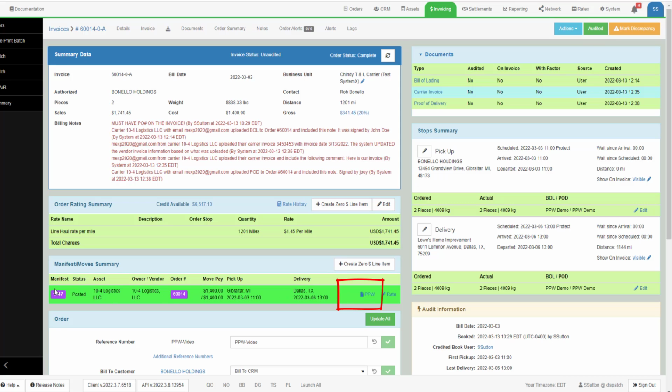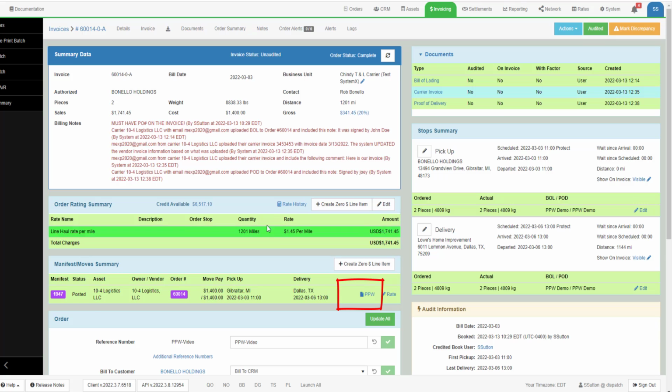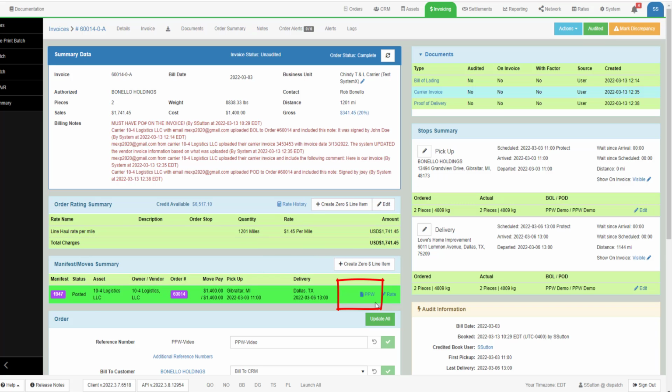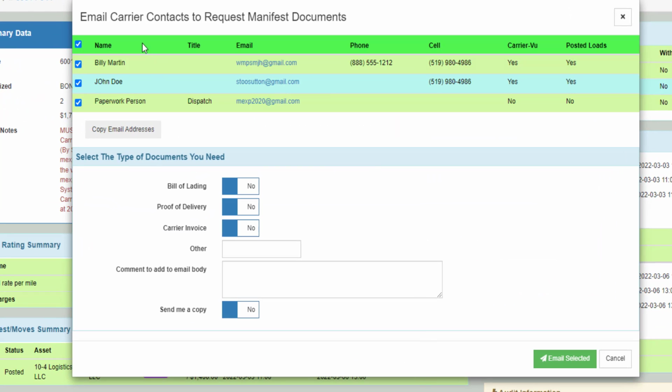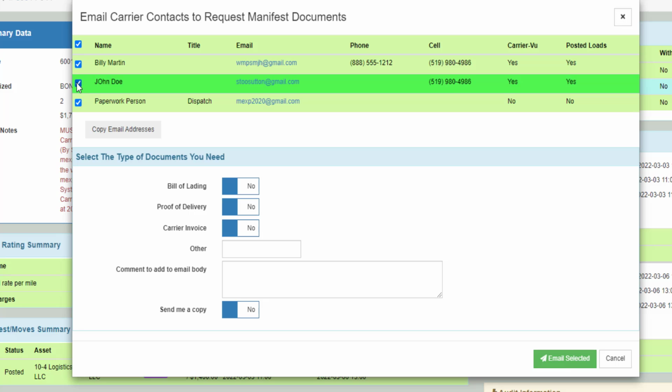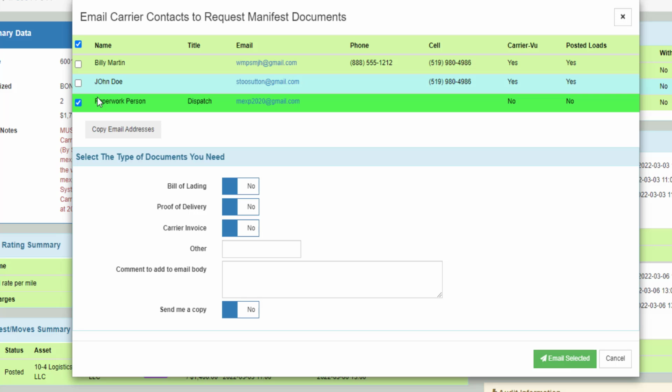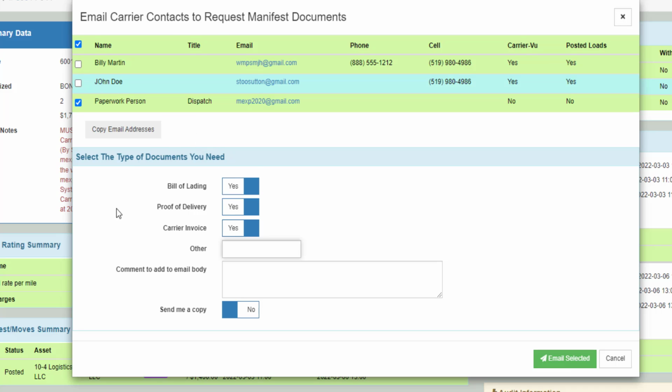When you look at the payable line in the audit screen or the invoice screen, there will be this PPW option. If you click on the PPW, it opens up a screen that lists all the carrier contacts for that particular carrier. You pick the carrier contact or contacts you want to get an email. You pick the different types of documents you want. You can add a note, like get this paperwork now, and ask to get a copy, and then email the